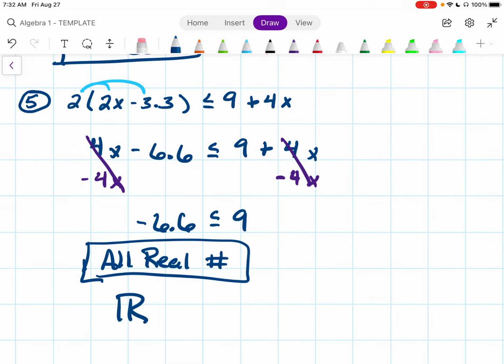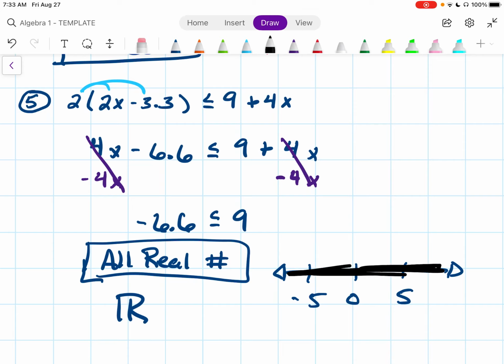Now on this one, if it asks you to graph, what you're going to do is draw your number line. We can put some numbers, maybe negative 5, 0, and 5. And it says all real numbers. So what we're going to do is graph the whole thing. We're going to shade the whole thing,